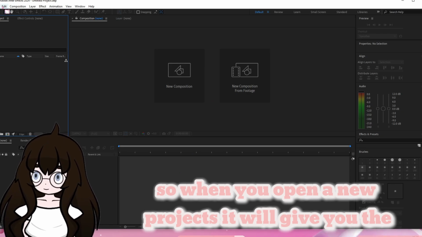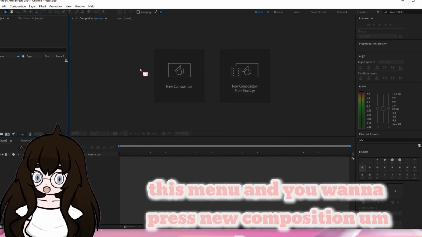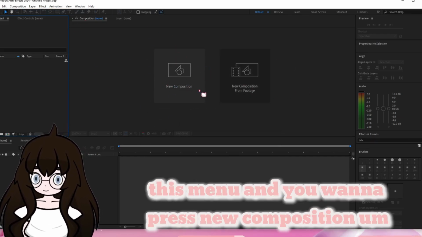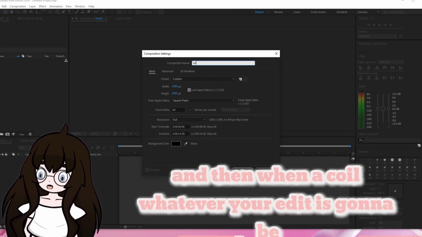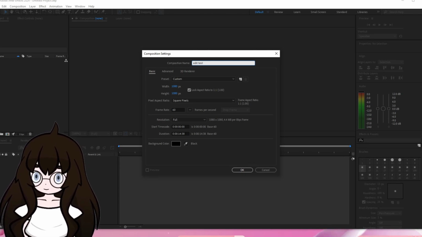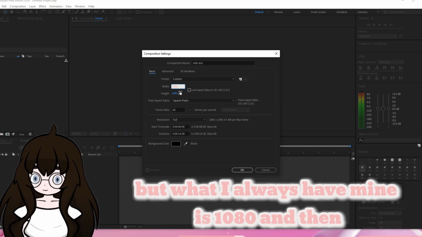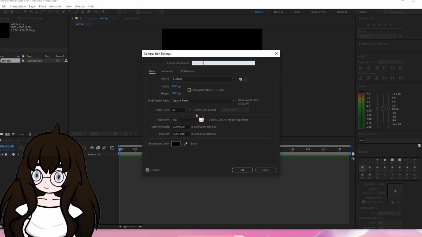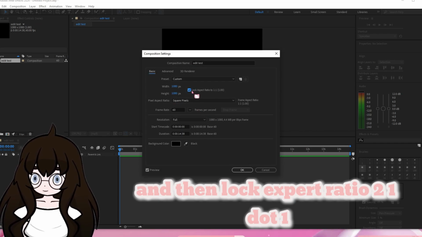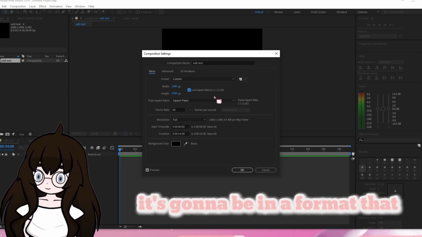So when you open a new project, it will give you this menu, and you want to press new composition, and then you want to call it whatever your edit is going to be. So edit test, which will be mine, and this will be a bit different, but what I always have mine is 1080, and then lock aspect ratio to 1:1, so that